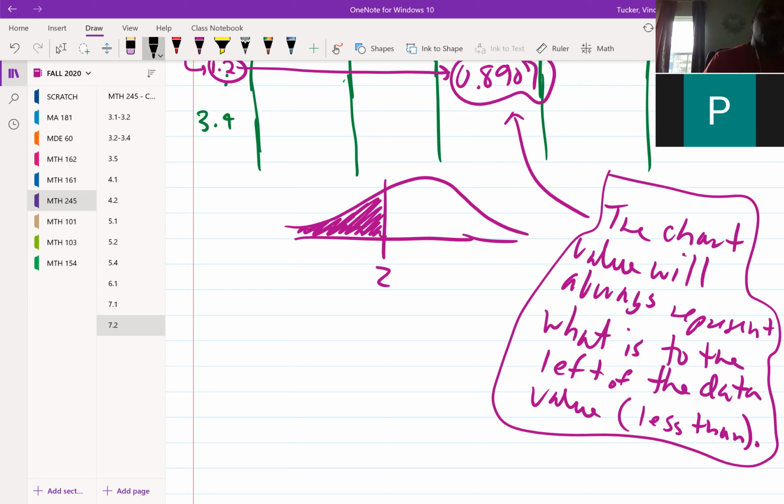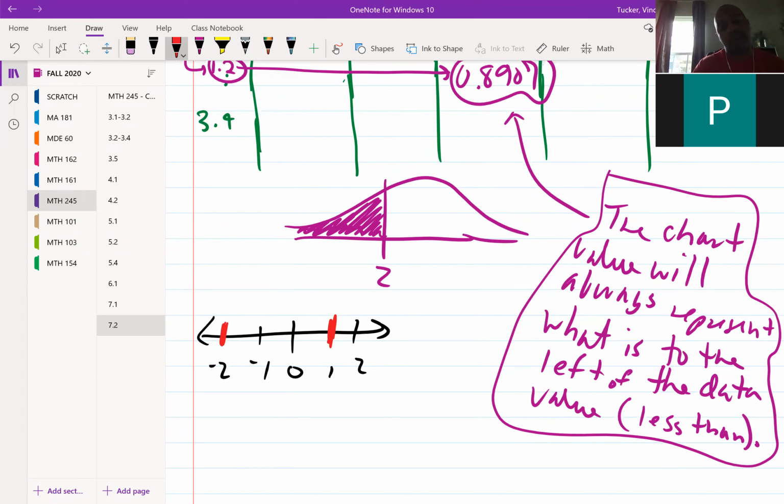Don't forget, if you look at a generic number line, if I look at the number 1, all the values that are greater than 1 will be to the right of it. All the values that are less than 1 will be to the left of it. If I look at -2, all the values that are greater than -2 will be to the right of it. All the values that are less than -2 will be to the left of it. So what we're saying is, when we talk about less than, you're always talking about to the left of. Greater than, you're always talking about to the right. So the value that you get from the chart will always be what's to the left of. And now if you want to know what's to the right of that value,